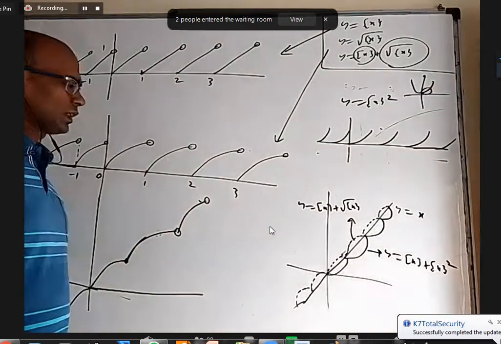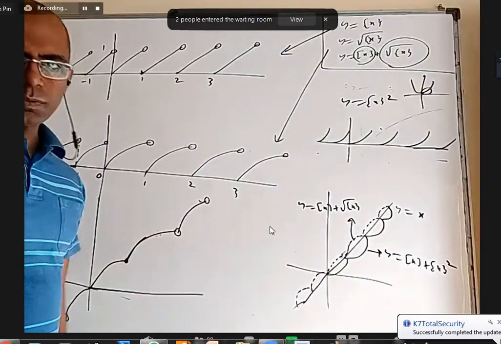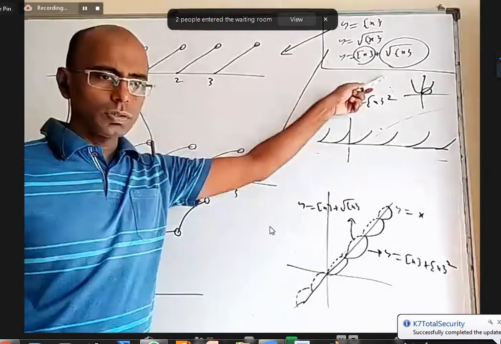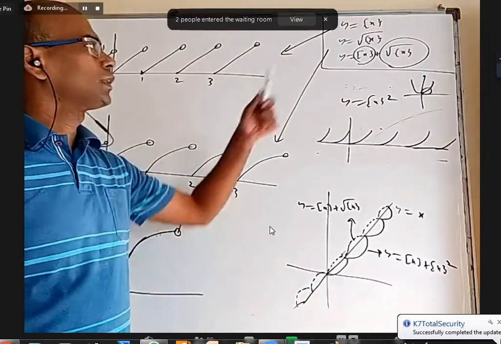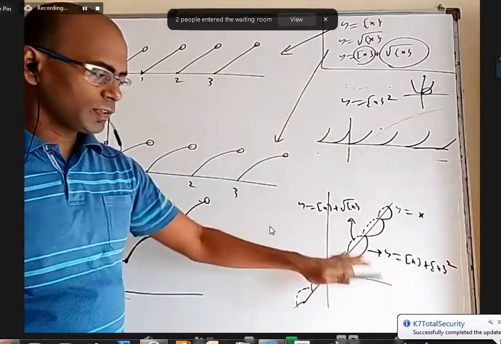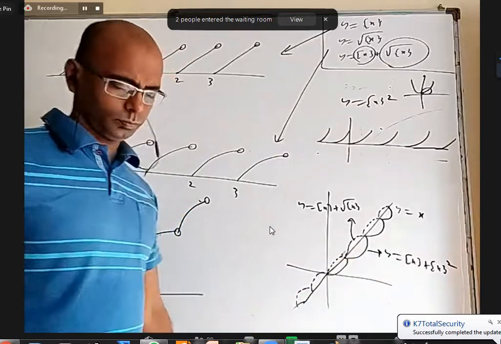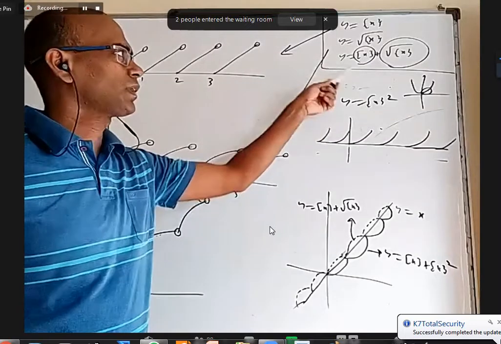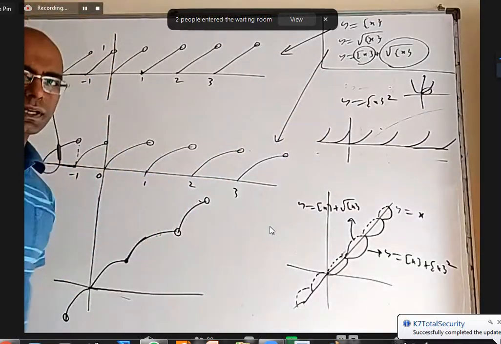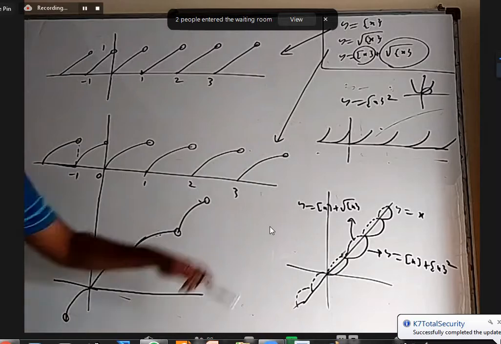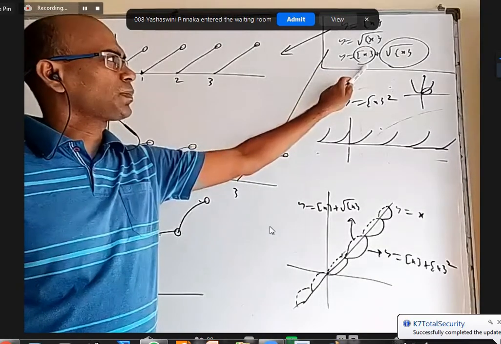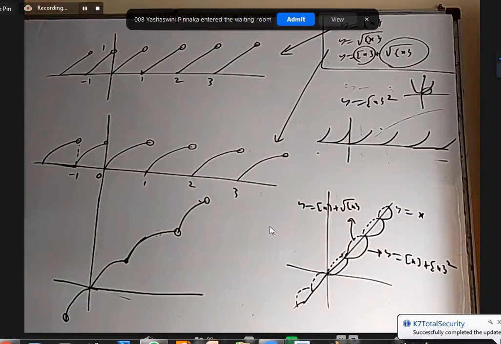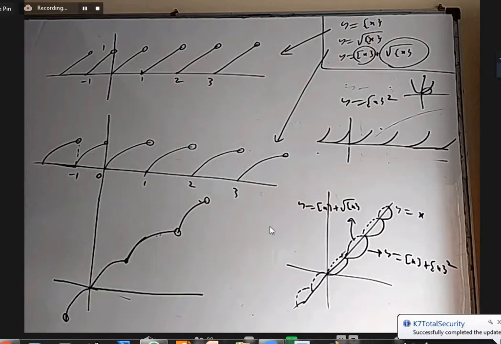Of course, the graph doesn't tell you the answer about the inverse function. I'm just giving a graphical picture so that at least you will know that it is a bijection, both one-one and onto, and how the inverse function comes by reflection and what that inverse function is. Later on, we'll study it in limits, continuity and differentiability, many topics where this will come, so we'll have better clarity. Is everybody clear finally about this graph, y equal to integer part of x plus square root of fractional part of x? Yes, sir.